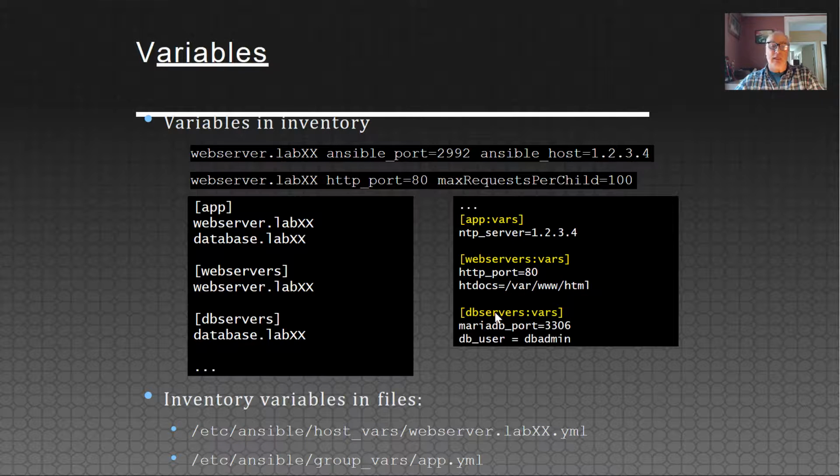You can declare the IP address for your NTP server, and declare some variables around your web servers. What port are you using? Where are your htdocs? Around your database servers, you may want to talk about the ports that you're using there and the DB user that you're setting up when you're setting up a new database server. So there are lots of different places that you can declare variables and lots of different things that you can use them for. But once again, the goal of declaring variables is to make it so that you can have greater consistency across all of the machines